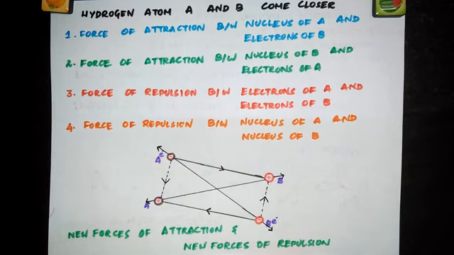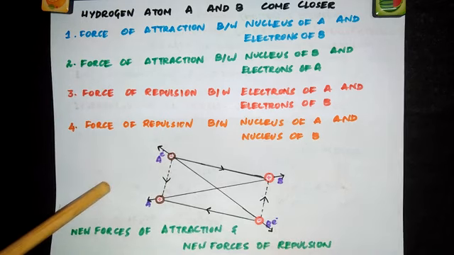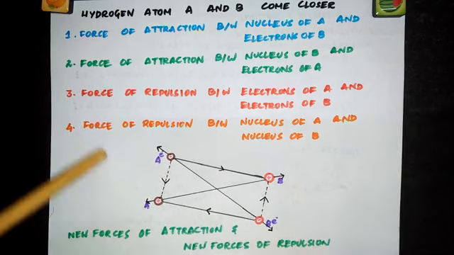The potential energy decreases. Remember, when there are attractive forces, the energy of the system decreases. When there are repulsive forces, the energy of the system increases. And also remember, when there is a decrease in energy, that implies stability, more stable. When there is an increase in energy, destabilization. So now, in the case of hydrogen, the force of attraction is more than the force of repulsion. So what will happen? The potential energy of the system decreases and a molecule of hydrogen is formed.